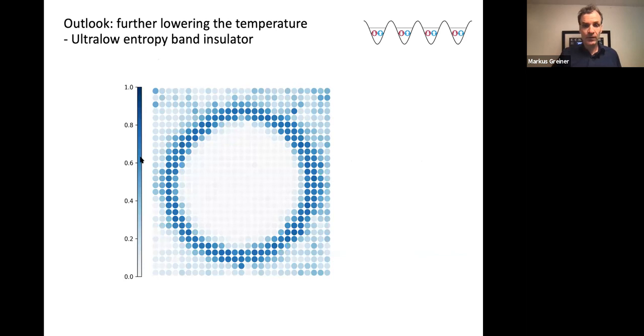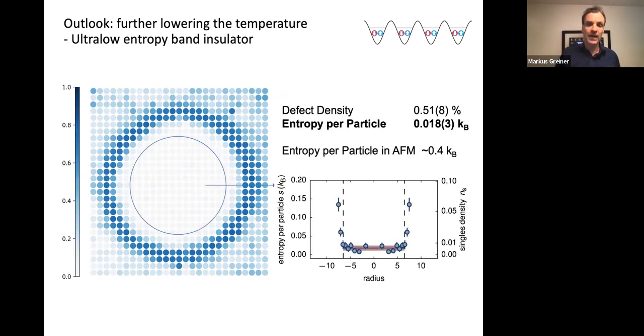A few years ago, we already created this band insulator, which has much lower entropy than we currently have in the antiferromagnetic phase. So this entropy redistribution scheme works quite nicely, where we put entropy into a halo. But of course, it works even better if the center is a gapped phase. So if we actually make a band insulator, we can do this ridiculously well, corresponding to a very low entropy per particle. But then the art would be to isolate that from the rest, which we have already shown